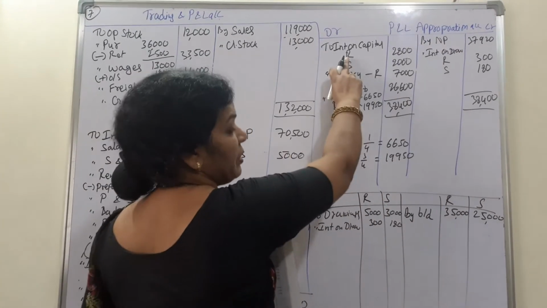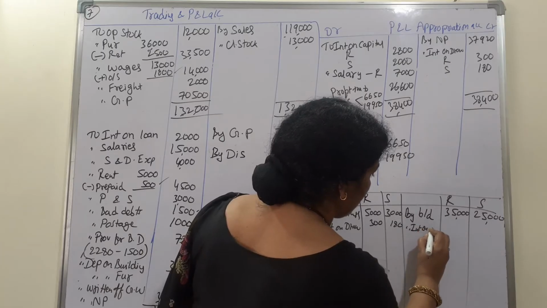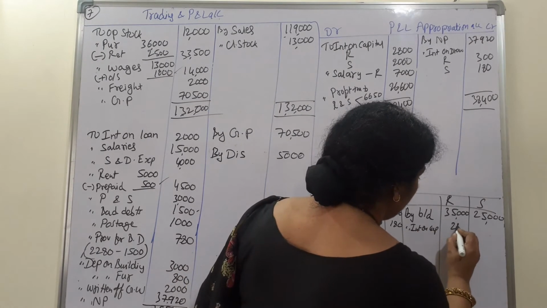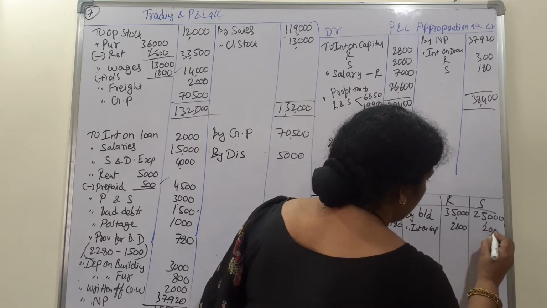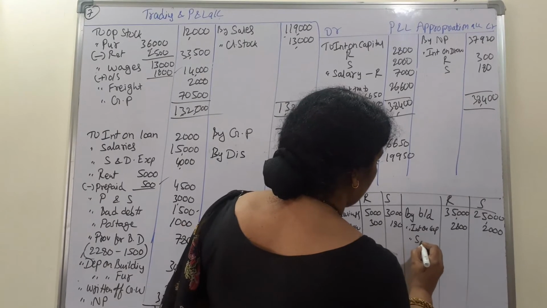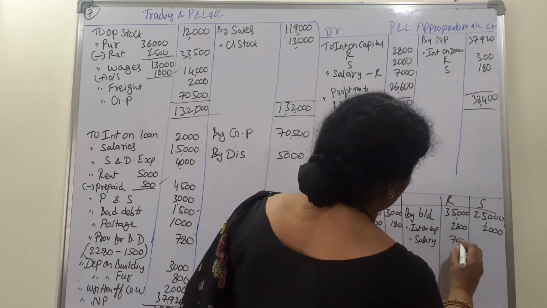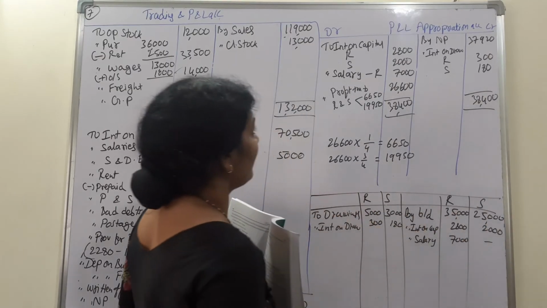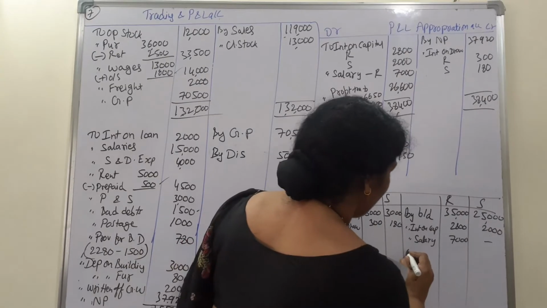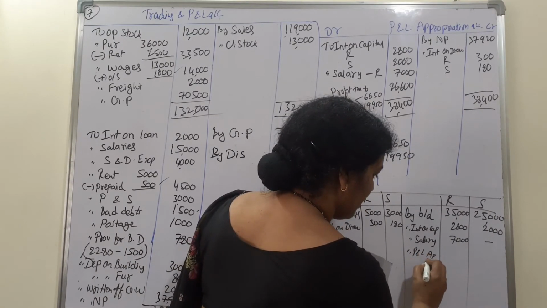Next, interest on capital, debit to credit by interest on capital, 2,800 and 2,000. Salary to Ramesh, 7,000. No salary to Suresh. Next, profit will transfer it. We'll say profit and loss appropriation account. Means this is profit,